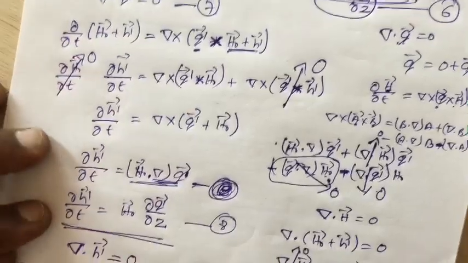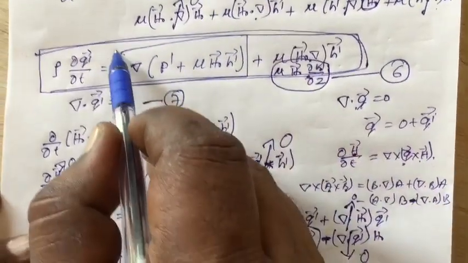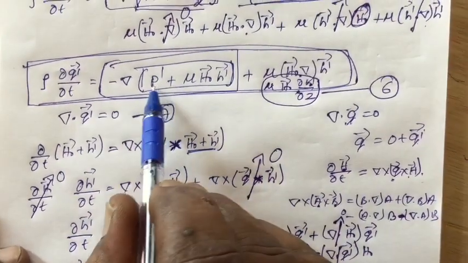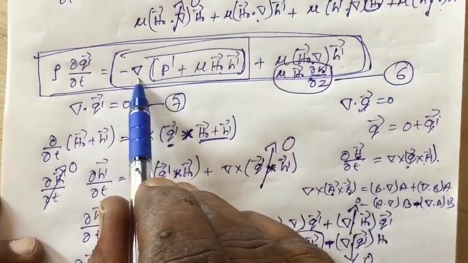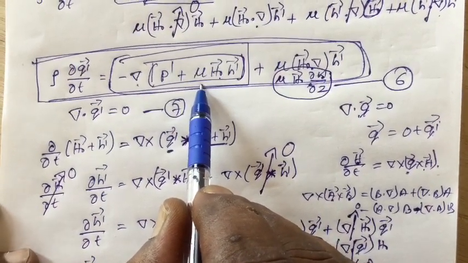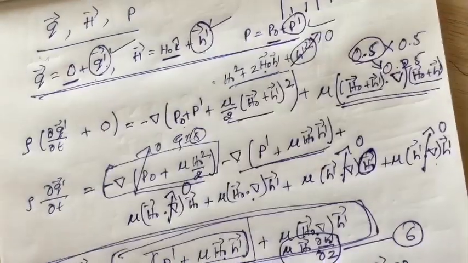Look here, equation 6 says this. Suppose this is constant, then applying the derivative on this, that term must be 0. That's why the remaining terms are given by rho